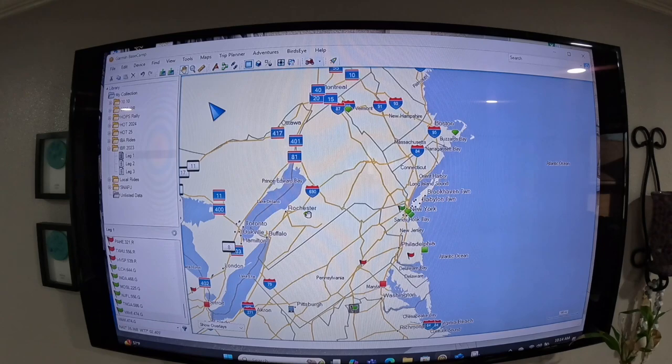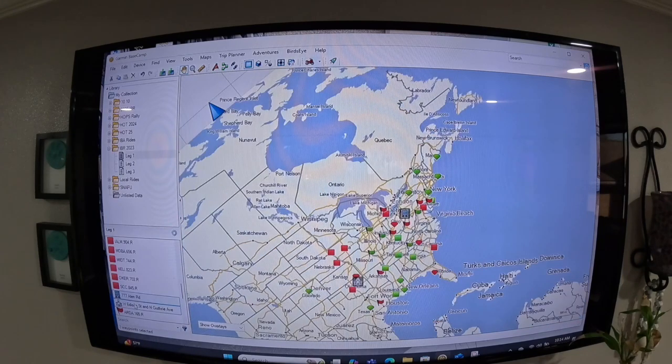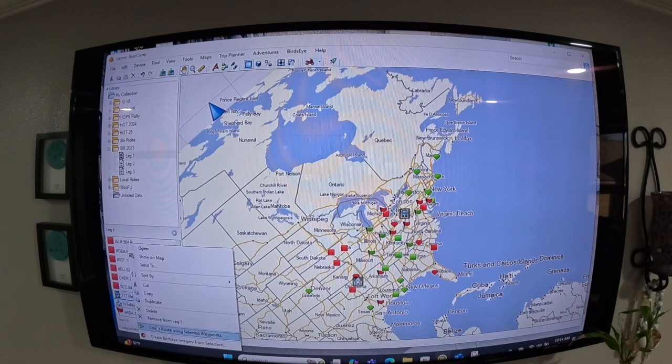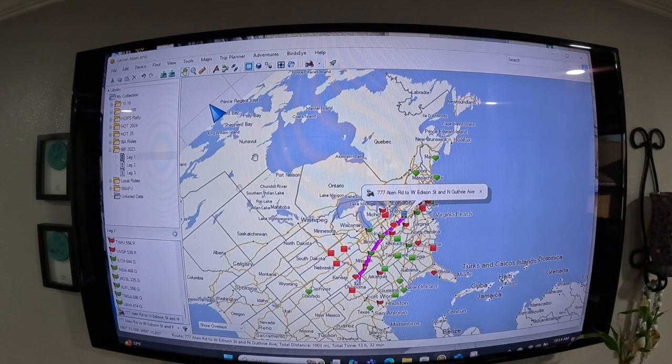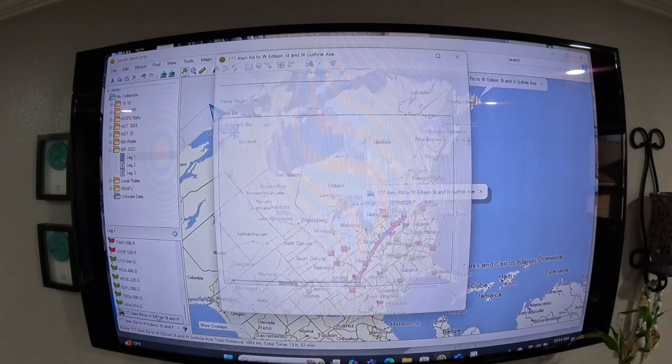So here's my first one. This is New York, Pennsylvania. So NYP. So I guess we haven't created a route at all. Sorry. Left click. I'll create my route. And now if I open it up,